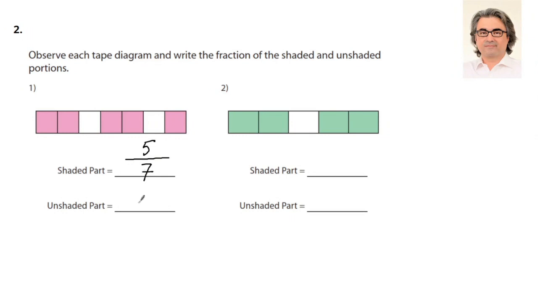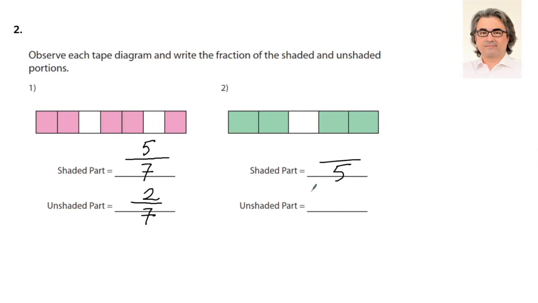What about unshaded part? Now, number of all equal pieces of the whole is 7. We know from our first fraction lesson. The number of unshaded parts, 1, 2, as you see, 2. 2 over 7 represents the unshaded part of this whole. What about the second question, shaded part? Number of all equal pieces, 1, 2, 3, 4, 5. 5 is, so 5 should be